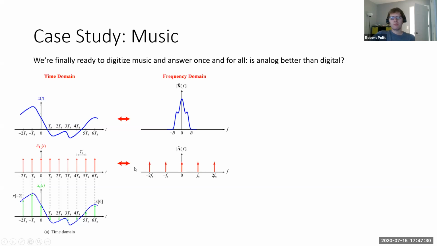So I don't expect anyone to be able to guess this, but I'm giving you a chance. Does anyone want to guess what this looks like in the frequency domain? Okay, so we've got to stack a whole bunch of... Yeah, but now instead of having these long signals, you're stacking unit impulses that are instantaneous. Is it going to be just like a peak in the middle? So it's not quite going to be a peak in the middle. It's going to be peaks at every single unit impulse function.